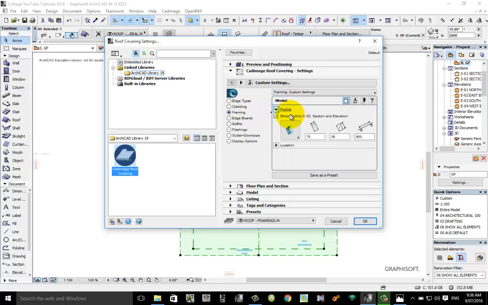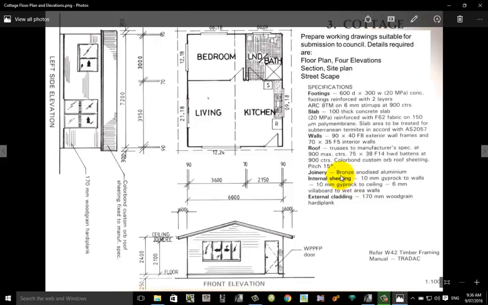and the first thing that pops up is this one called purlins. Now purlins are also referred to as battens. If we go back to our drawing here and we look at roof, we'll see here that it says that the roof is made from roof trusses, but also the roof material, which is colour bond, is screwed down to these hardwood battens, which is 75 by 35 in cross section. Another name for a hardwood batten is actually a purlin. So if we go back to